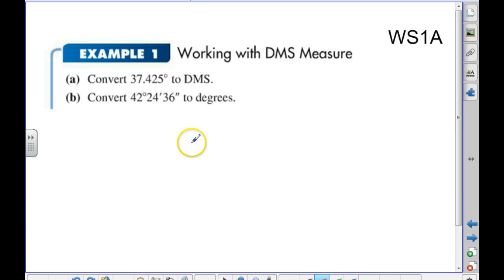All right, so quickly, here's an example, and I am going to show you how to cheat and do this on the calculator. The ones you're assigned are way easier than this even. But if you have 37.425 degrees, that is 37 degrees, and then you would do 0.425 times 60. Somebody give me that answer. 25.5. Thank you. 25.5, and that is minutes,